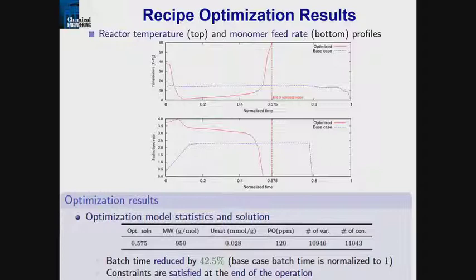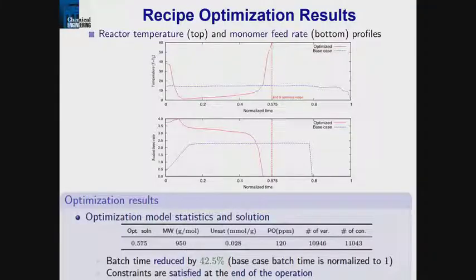Here's the result. The blue line is how they optimized it in the past. Okay? Those are the profiles, and what you can see is this is normalized time. There's the temperature profile on top and the feed rate on the bottom. Now, the interesting thing is they're very conservative because if they get this wrong, it's going to blow up. Okay? So when we did our optimization, it gives you the red line and basically saves us about 42% in time. Okay? This is a big deal because it turns out to mean a lot of money.